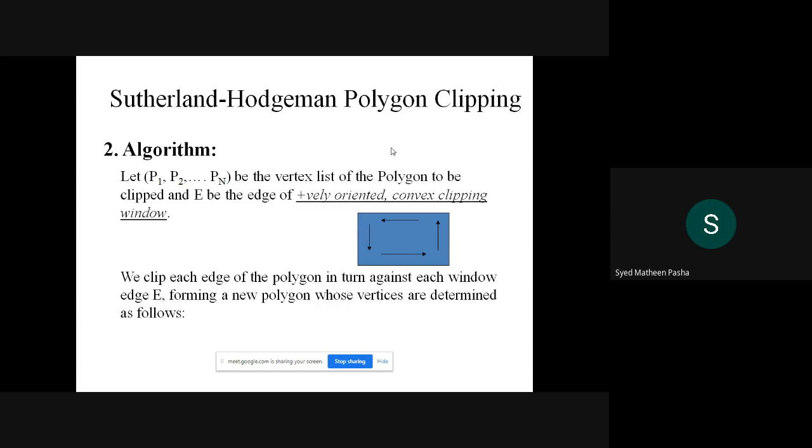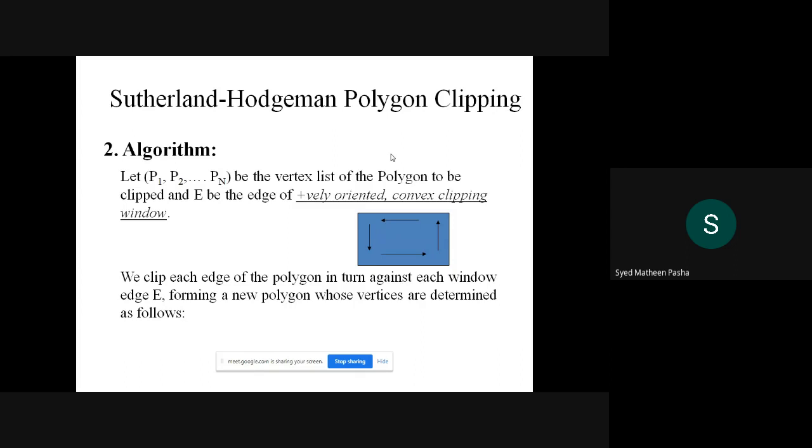Once it starts with defining the vertices, and whether it is positively oriented or not, then it starts clipping. It starts clipping with respect to some point as well as edge. Once the edge is found outside the window, it starts clipping, or else it retains that particular edge so that you can perform clipping on that edge also.